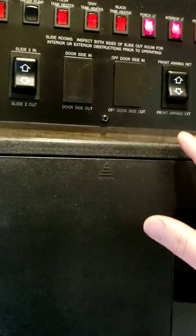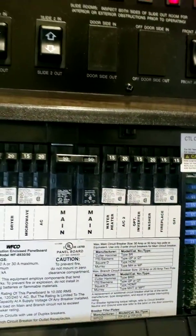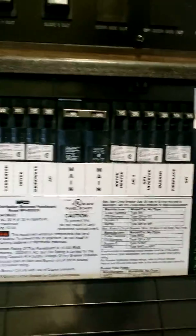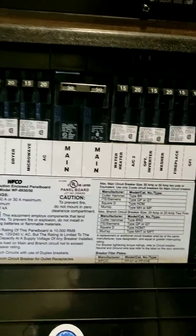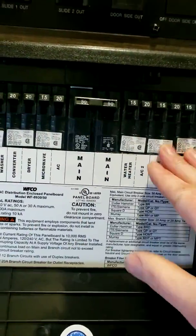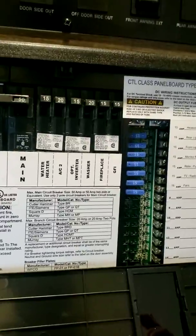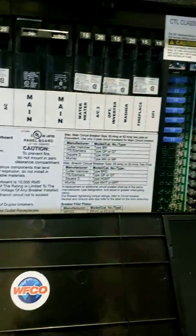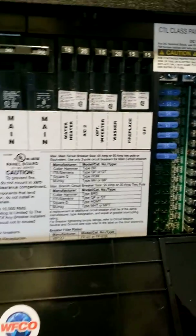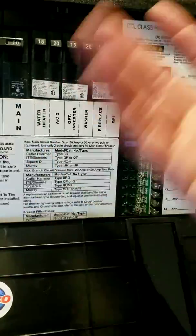Okay, so that's your monitor panel, and then here you have your converter. So this is your power, your power supply comes in and connects to here. That's basically the brain box to direct all the power. You've got your 110 breakers. So this one you have 2 mains because you have two air conditioners. So 50 amp service is for the air conditioner, and the other 50 amp is for the other air conditioner in the front. You have all your GFI, washer, dryer,